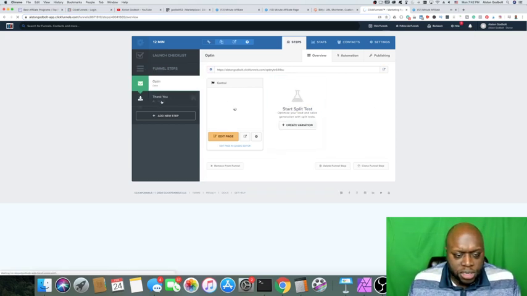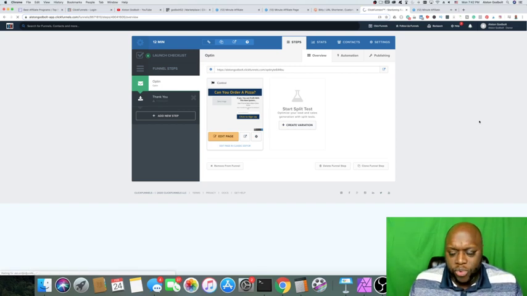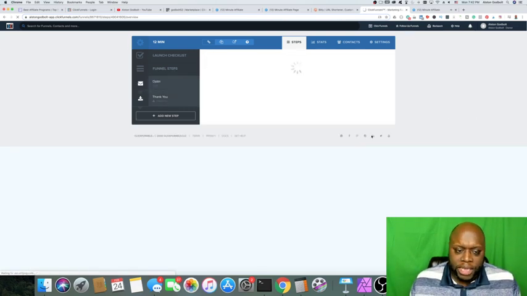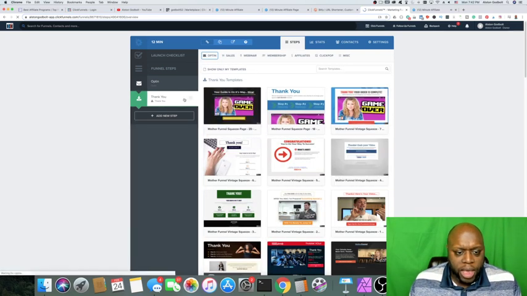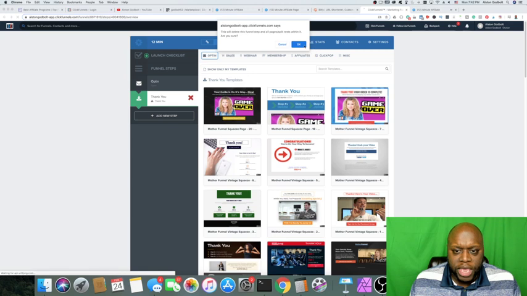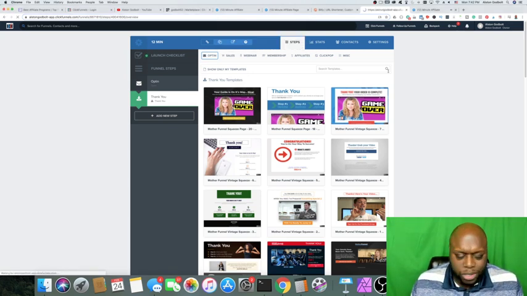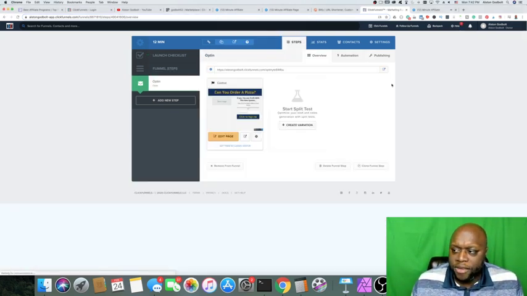All right, so on this next page, we're just going to create a thank you page. And again, the thank you page is going to direct them to take the next step and click the button below. And what I like to do is actually just duplicate the opt-in page, because it's going to be a little bit easier and faster than just recreating the wheel.